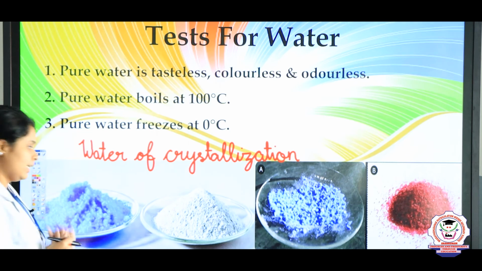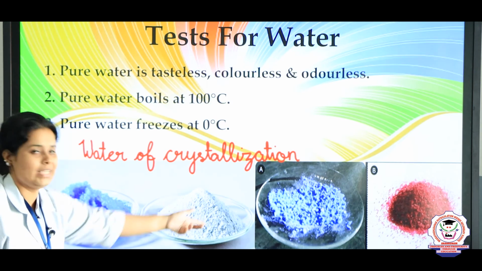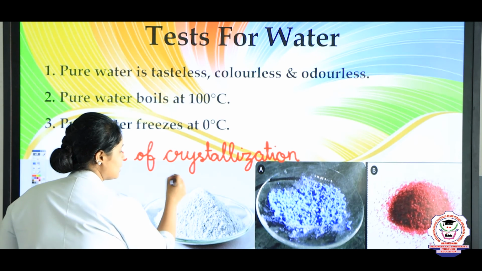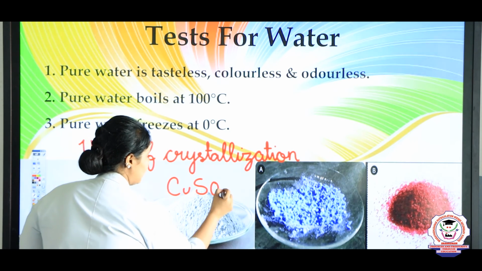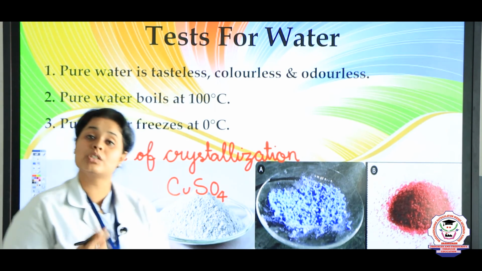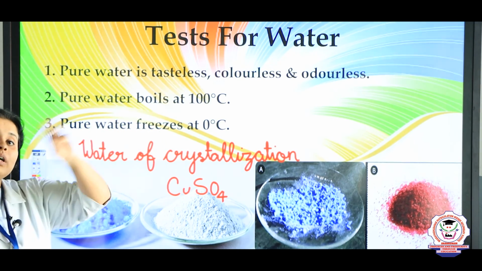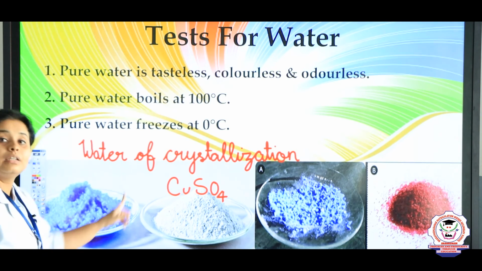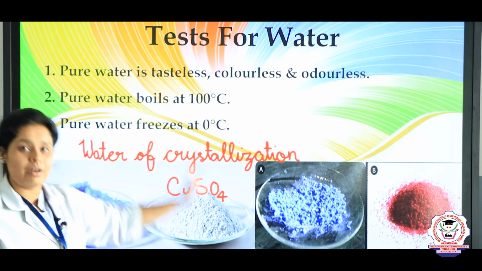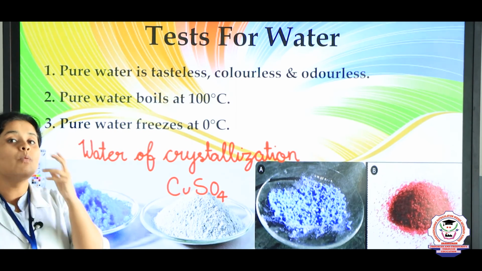So, here let us take two examples. Now, first you see these two salts. This one is white and this one is blue. Here I am telling that the name of this substance is copper sulfate and it is anhydrous form. Anhydrous means there are no water molecules present. Same way, if I take a little bit of water and pour it in this, you will get a blue color substance and that blue color substance is also copper sulfate, but here it is in hydrated form. That means it is having water molecules.